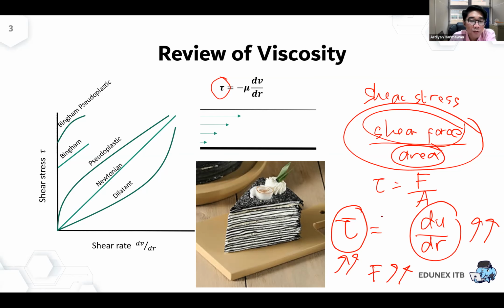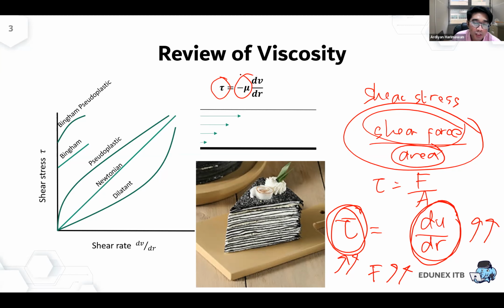So if you increase the shear force or you increase the shear stress, the increase of the velocity gradient is linear, it means it's called Newtonian. Ya, jadi kalau Anda menaikkan shear force atau Anda menaikkan shear stress, kemudian gradient velocity-nya itu naiknya juga linear ya,